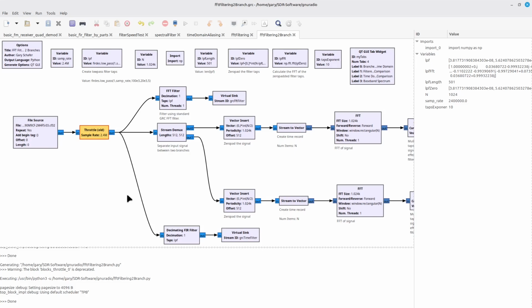That number is anywhere from, depending on who you talk to, I've heard from 16 up to 50, meaning that if you have an impulse response that is at least 50 taps or more, you're much more efficient using the FFT filter than you are using the time domain filter. And therefore, that's the difference between those two.